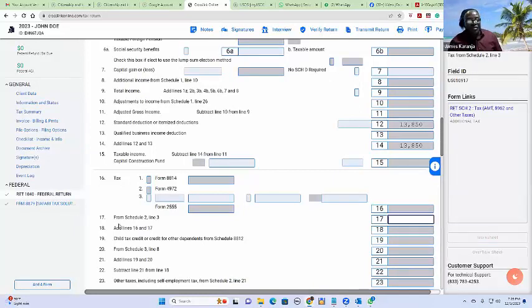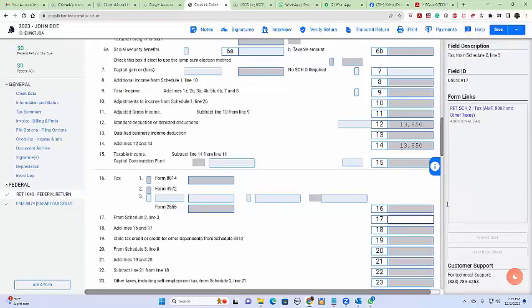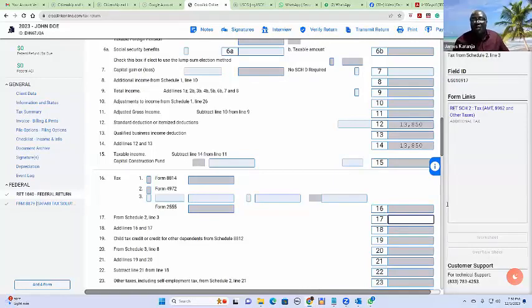Okay. So Schedule 2, line. I have a quick question. If we have the W-2, the one they get from the employers with the Social Security number, do we still have to confirm or ask for their Social Security card, or is that sufficient? No, it's not, because most of those